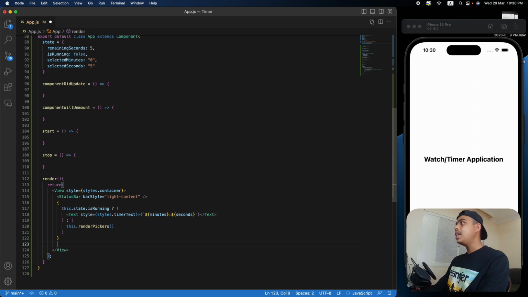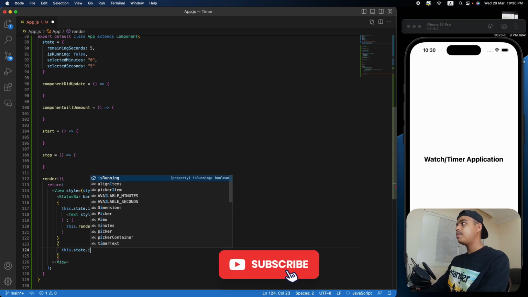Alright, after that we're going to create the same thing for our start and stop button. If it is true, we'll show stop. If it is false, then we're going to go with a start button. So for that we're going to do the same thing over here. We're going to select our state, is running,